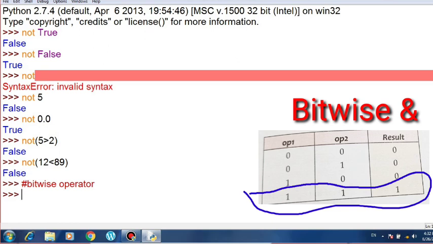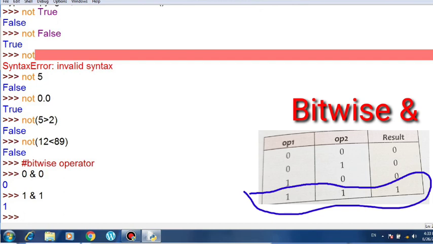If I write 0 and 0, it gives 0 because both are false. When you write 1 and 1, it gives 1 because both values are true. So bitwise AND returns true only when both operands have the true value, otherwise it gives false.